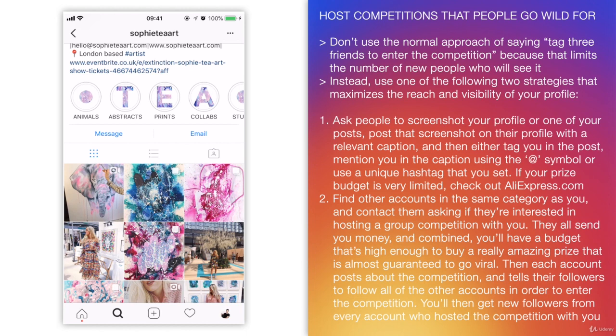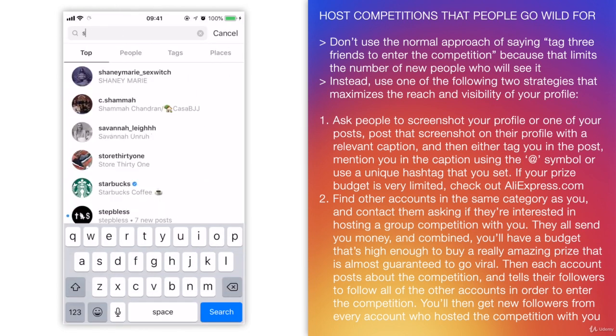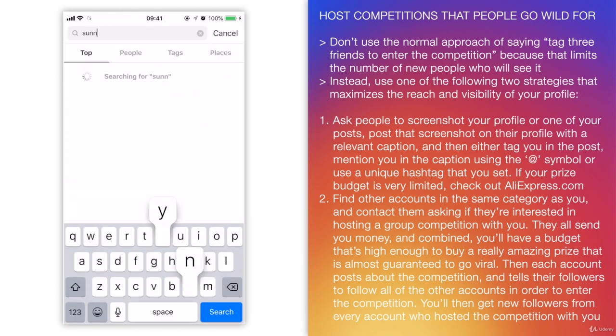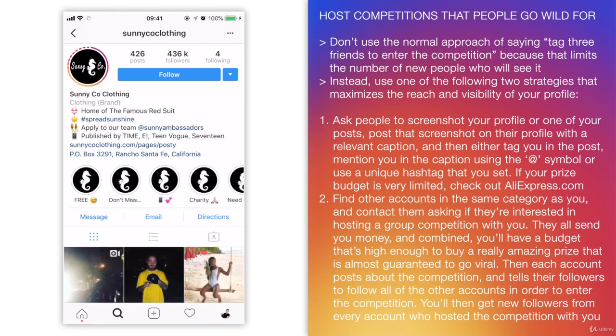And then this is the risk I want to attach to this strategy. There's actually a risk it can work too well. Now you may be thinking, what the hell, what's too well? But I'll give you an example. There is a company called, I think it's Sunny Co Clothing. Yeah, this one. So they've got 436,000 followers, but I think it was a year or 2 ago, they did